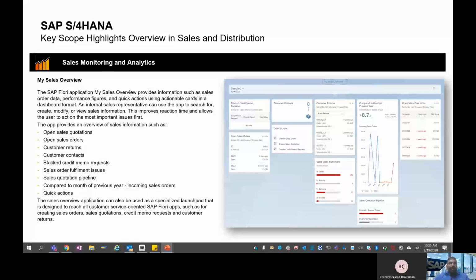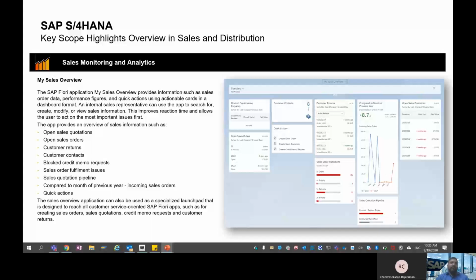At the beginning of a day, an internal sales representative can use the My Sales Overview app, which is more like a dashboard to search, create, modify, or view sales information. This improves reaction time and allows the user to act on the most important issues first.